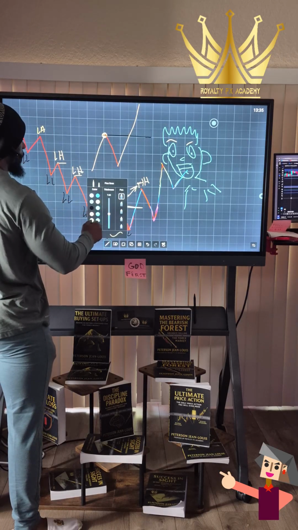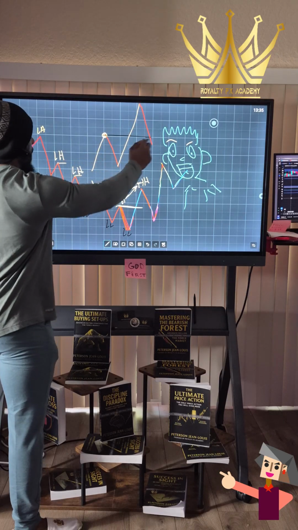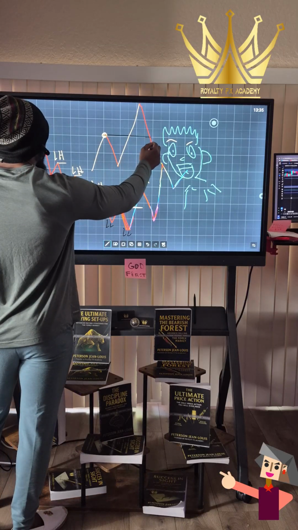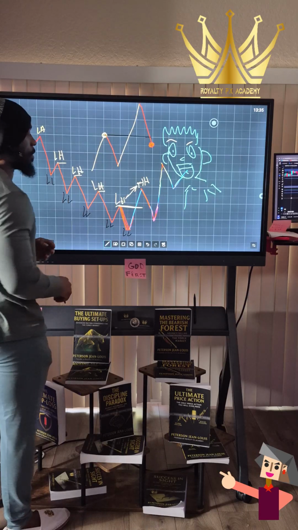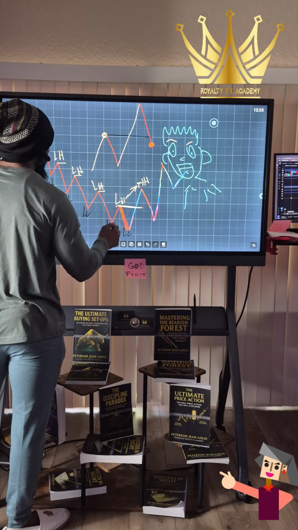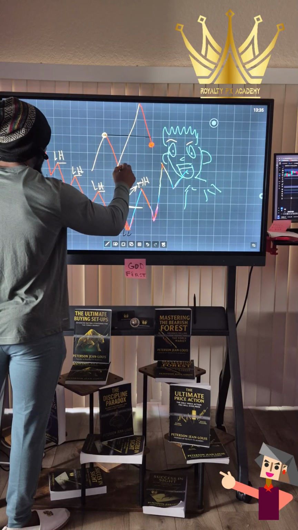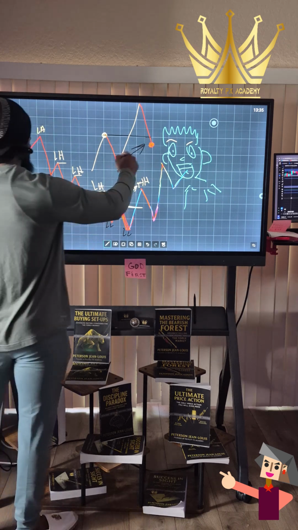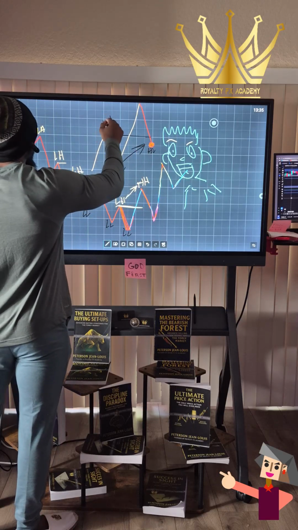You will wait for when and if it comes back to the zone. Doesn't matter if it stopped exactly at the zone, right? When it comes back to the zone, right here, you will wait for the market to give you a price action. Now, when it comes to the structure itself, this is the high low. So you're going to wait for the market to give you a new high that's higher than the previous one, but a high low, right? Like so.